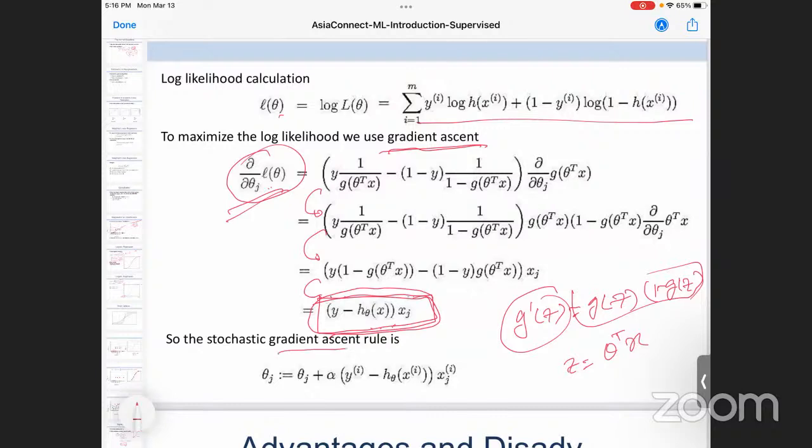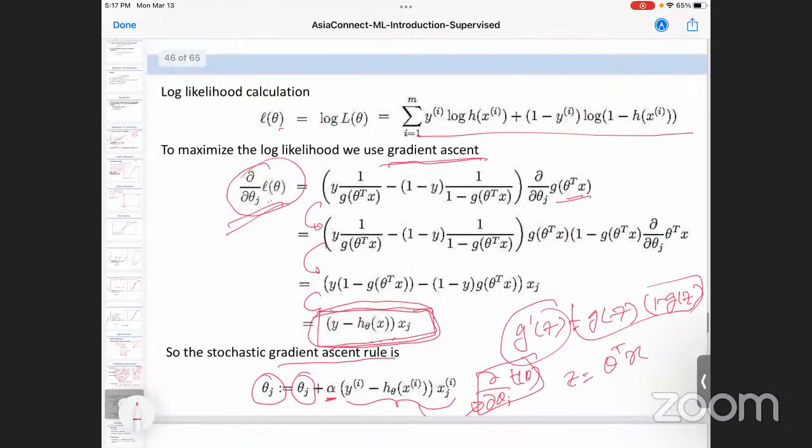Similarly, our gradient descent or gradient ascent algorithm: theta j plus learning rate multiplied by this, which is del theta j L theta. Here L theta, this term here is this one. Okay, so this is logistic regression. So you are just using a different formulation, a different function, to convert linear regression to logistic regression. Okay.